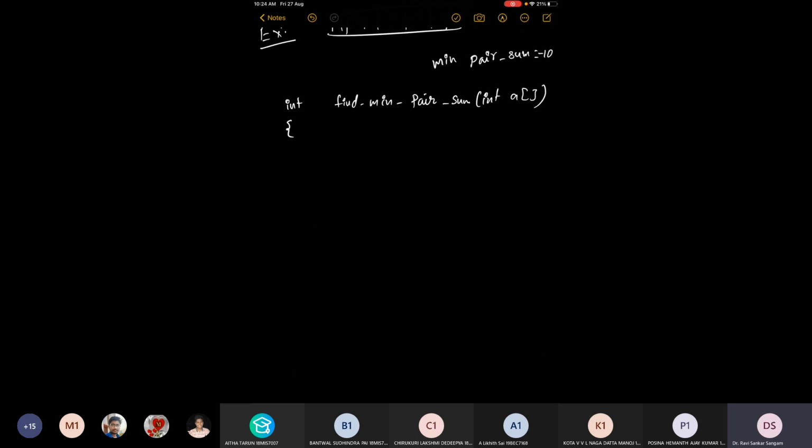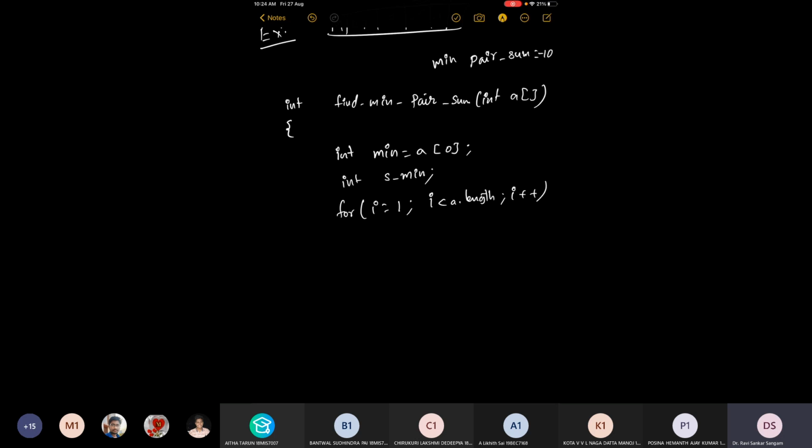So the idea is, when this method is taking the array of elements A, I will consider minimum as A of 0, and I will consider a second minimum. Now I start with I equal to 1, I less than A dot length.